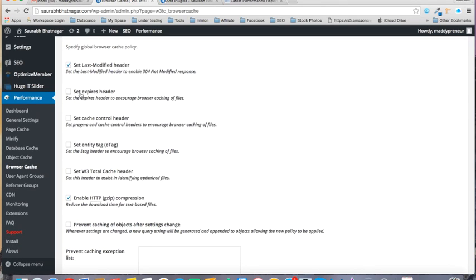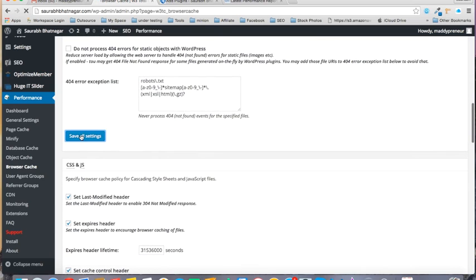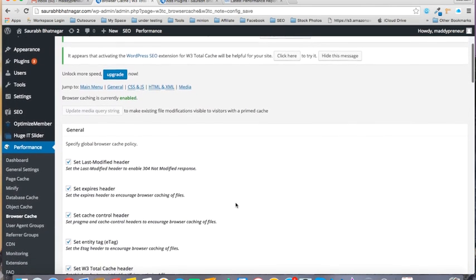And now you will check all the first six options. So all the first six options will get checked, and then click on save all settings. So this is what you will do.